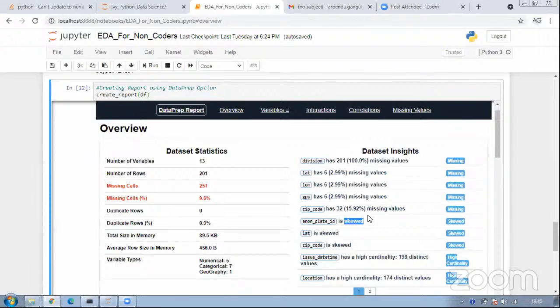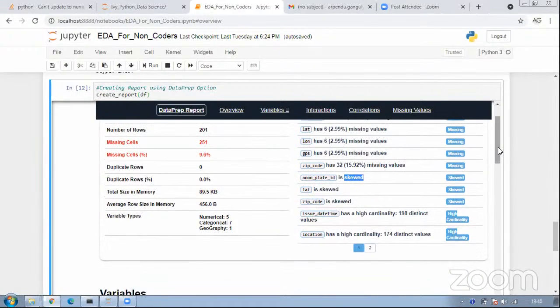We know skewness basically tells if there is an inclination towards either the mean or the mode, right? Positive skewness or negative skewness. So that's something it tells by itself. You don't need to find it out for each variable. It will automatically tell which variables are skewed, and if it is not mentioning one, obviously those are not, right?